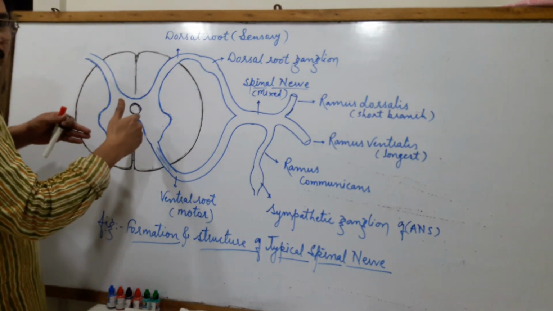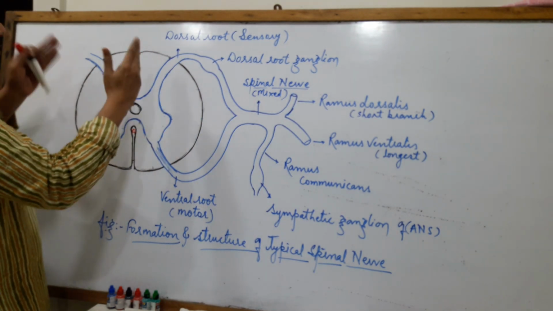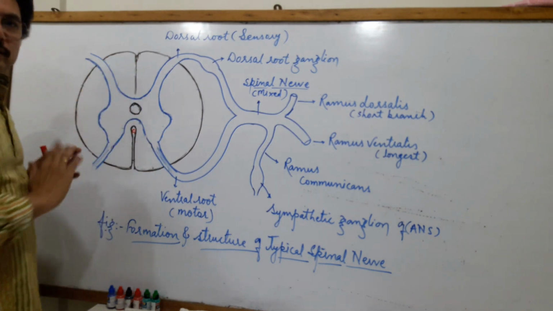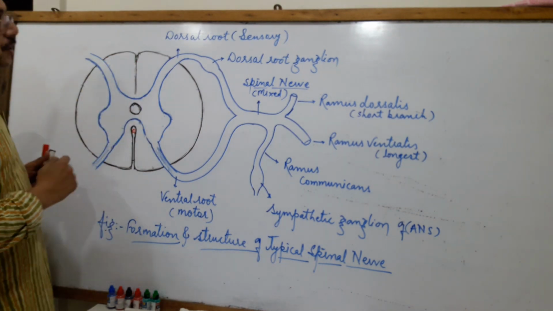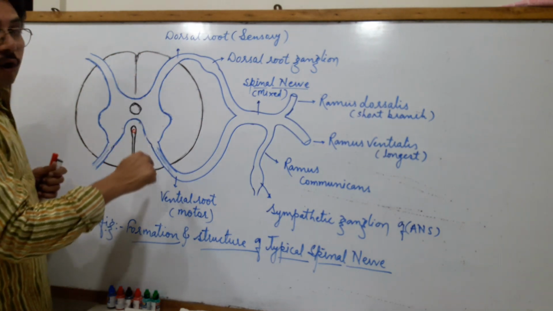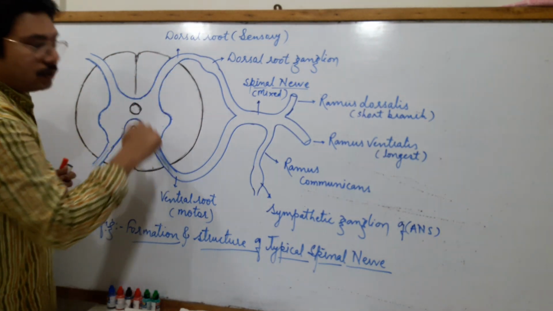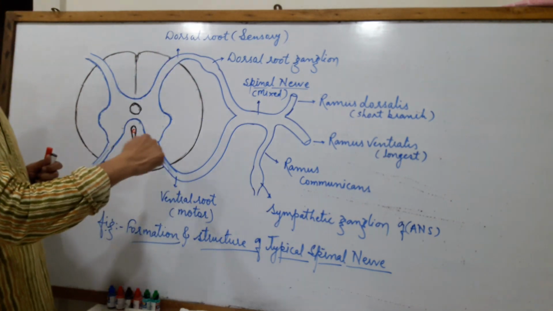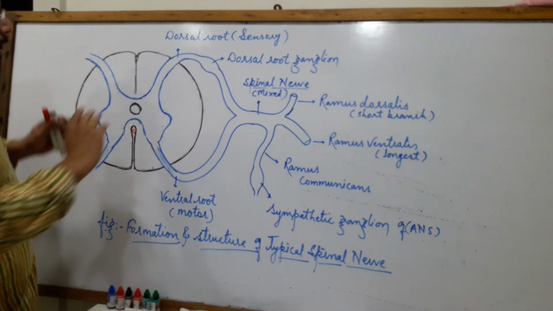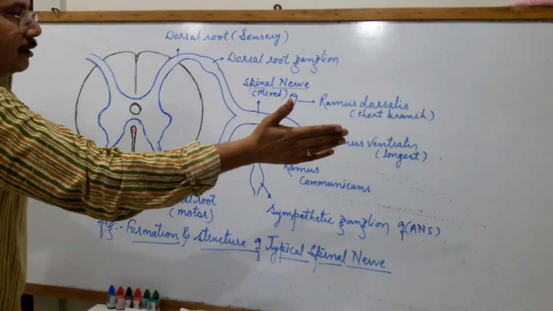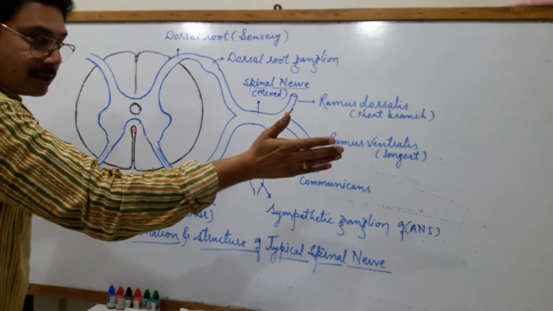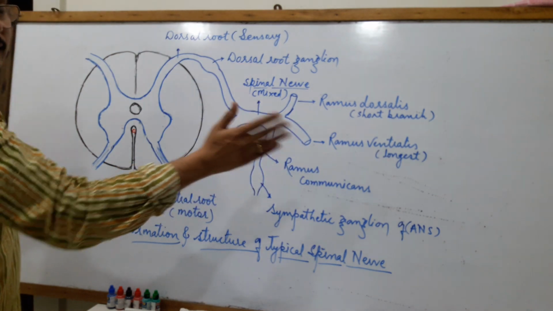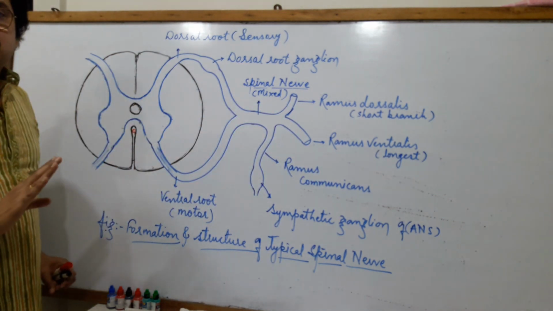projects in the form of horns, paired dorsal horns, paired ventral horns and paired lateral horns, out of which these horns come out and continue as the respective roots of the spinal nerve. So ultimately, as there are paired horns and paired roots, there are always paired spinal nerves on either side. How many pairs? 31 pairs.